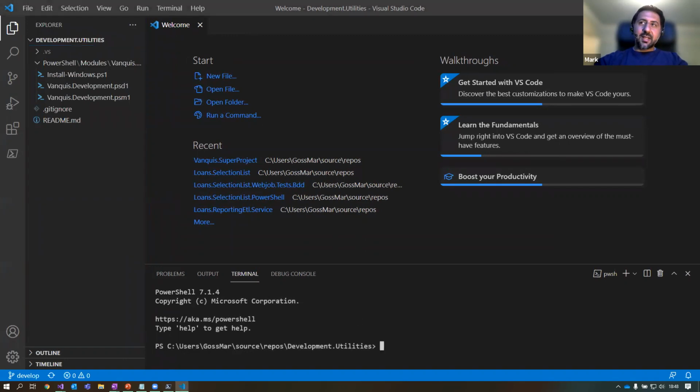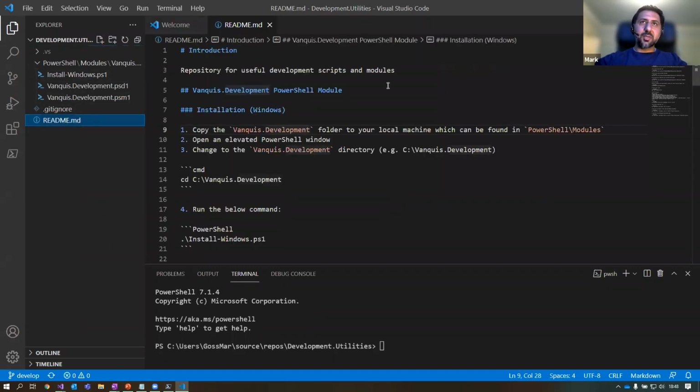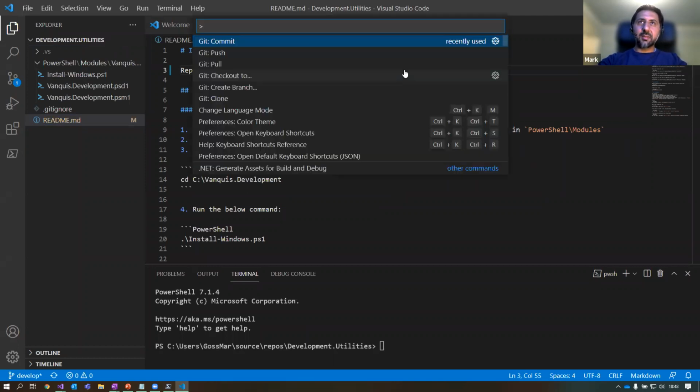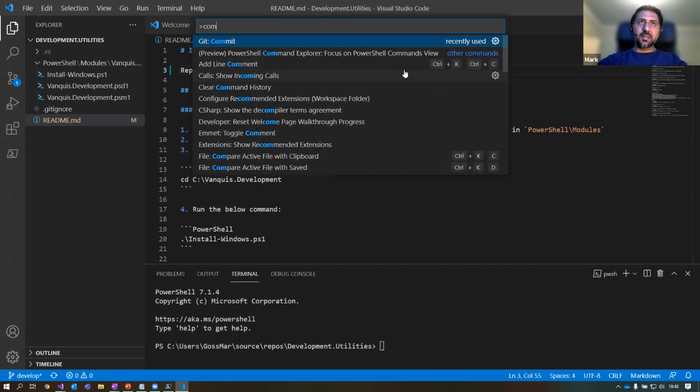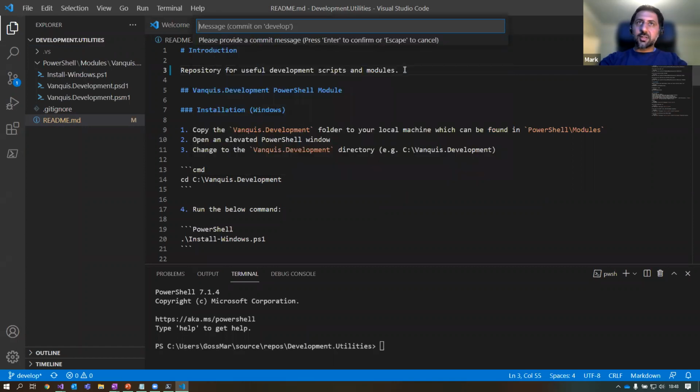So let's say we're going to make a minor change. I'm looking through the description for it, and I think there should really be a full stop there, so I'm going to add that. Here in VS Code, it's always good to learn the shortcuts. Control-Shift-P will bring up this menu. You can type in commit, or just COM, or just C. I'll type a quick message: update readme. And I'm going to copy this because I'm going to need that in a bit.